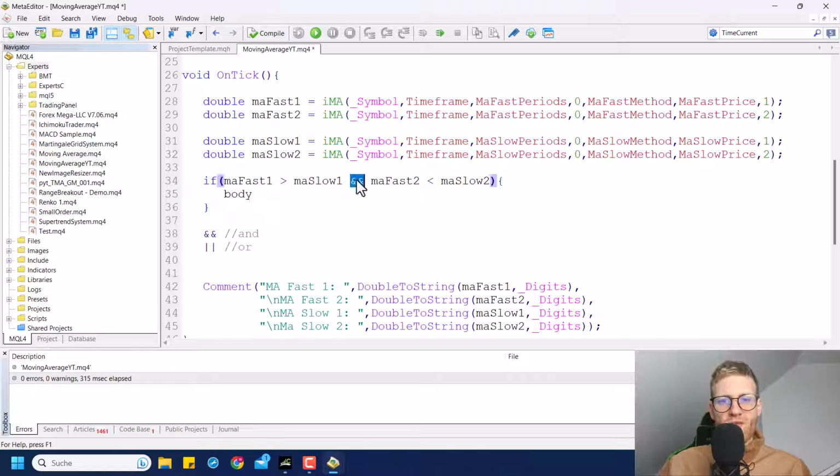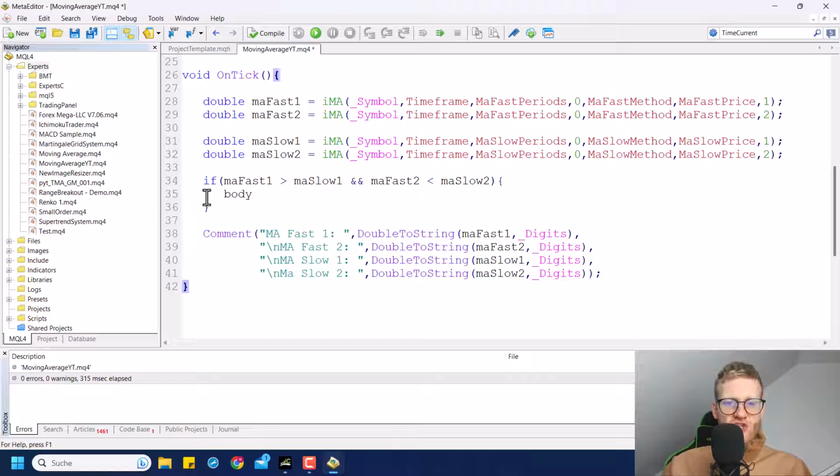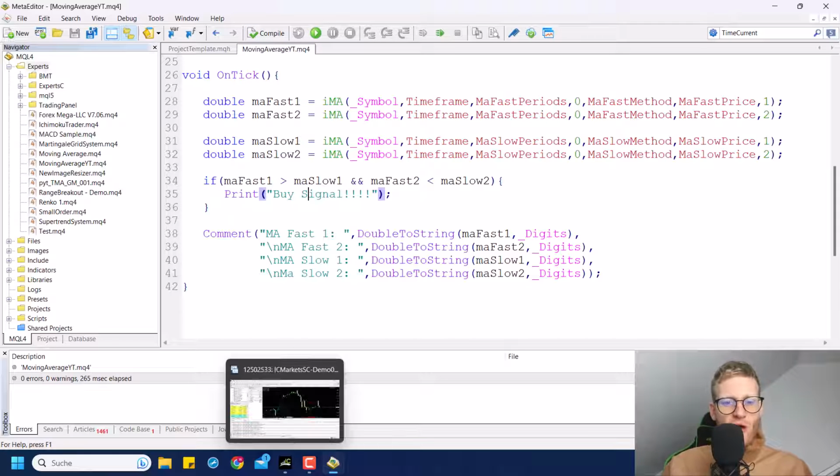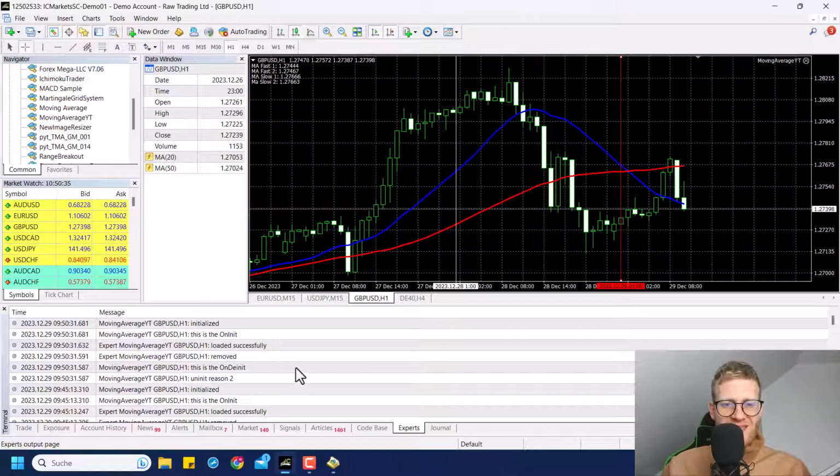There would be a difference if we used this OR, because in this case only one would have to be true in order to enter the body. But here we want to check both conditions. So if both of these conditions are true, we can print something like "buy signal". Something like this. So let's compile this, and let's now go back to our MetaTrader 4 and see what's in